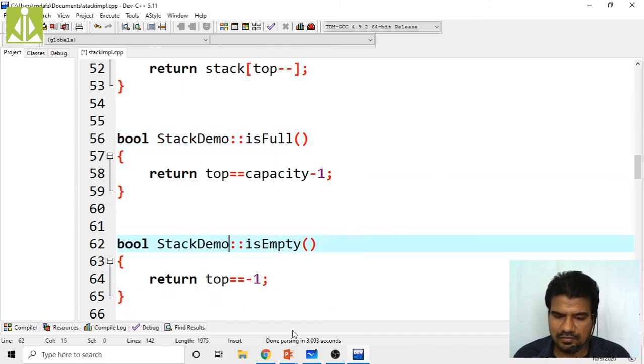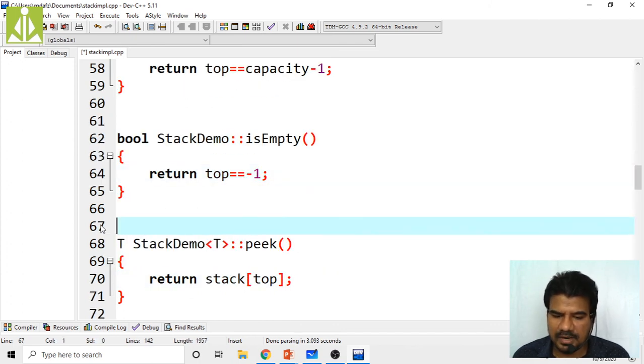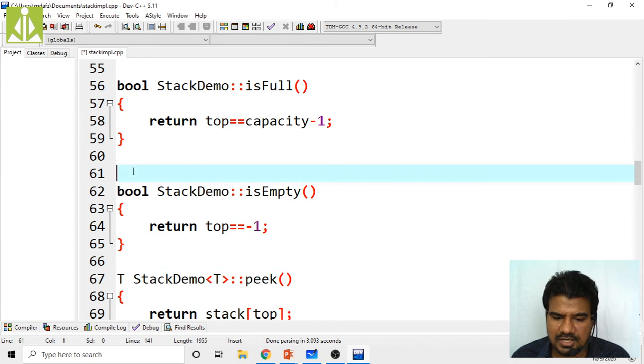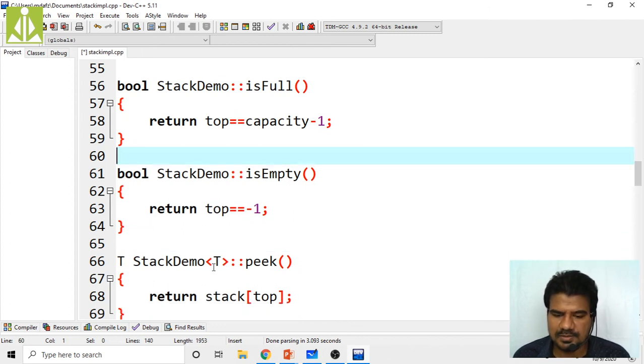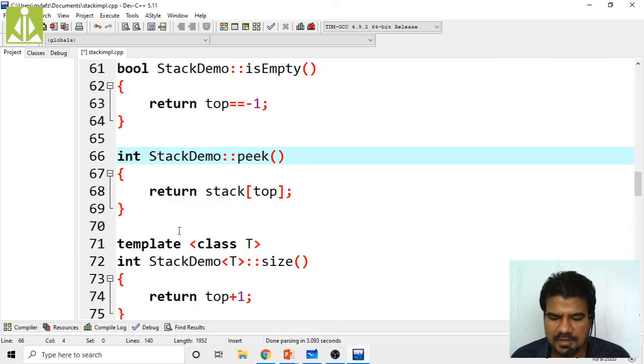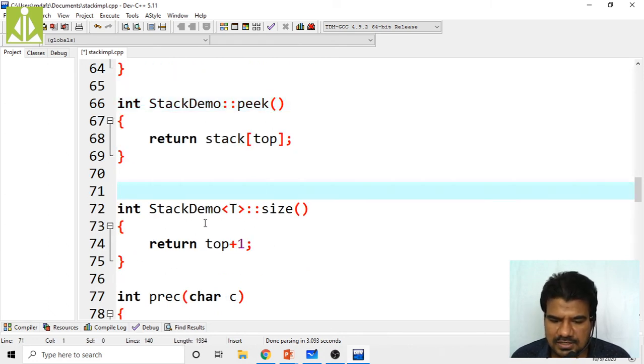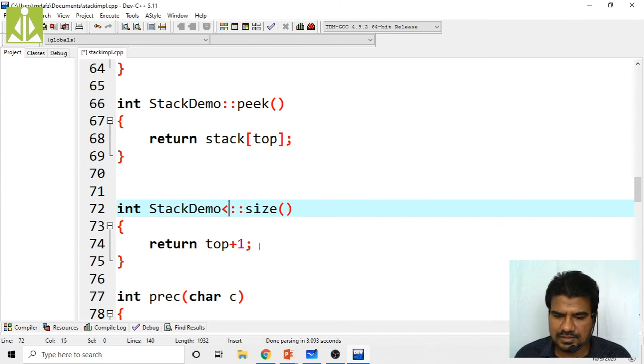So like this we are converting our template definitions to integer specific. This you remove and make it integer peek. Then we have size, you remove this, and here you remove this.